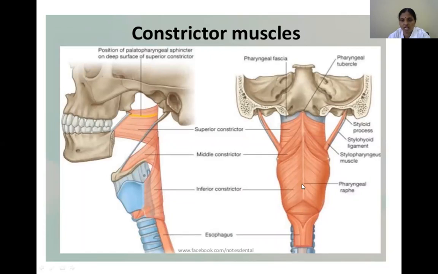But this is the thyropharyngeus muscle. So the cricopharyngeus, how does it appear like a constrictor? At any level, anywhere, anytime, this inferior part of the inferior constrictor, nothing but cricopharyngeus, acts as a constrictor. So what happened? It is always in constriction, unless the food bolus appears at this level. Once the food appears here, it is relaxed by the contraction of the thyropharyngeus. We'll discuss in deglutition. So the cricopharyngeus acts as a constrictor.